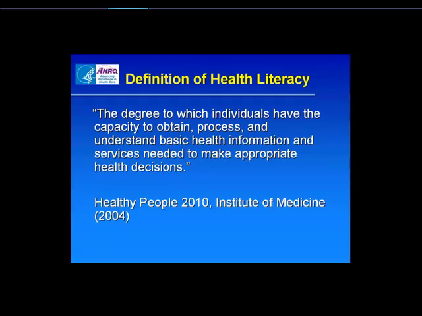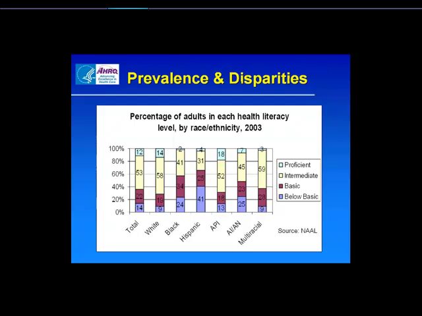It talks about individuals' ability to obtain, process, and understand healthcare information. And you'll notice that it's not limited to just comprehending written information, but it includes verbal communication as well. So I'm going to start here by drawing the connection between the world of cultural competence and serving diverse populations and health literacy by looking at the prevalence rates. And on the far right column, you'll see a measure of health literacy for the whole U.S.